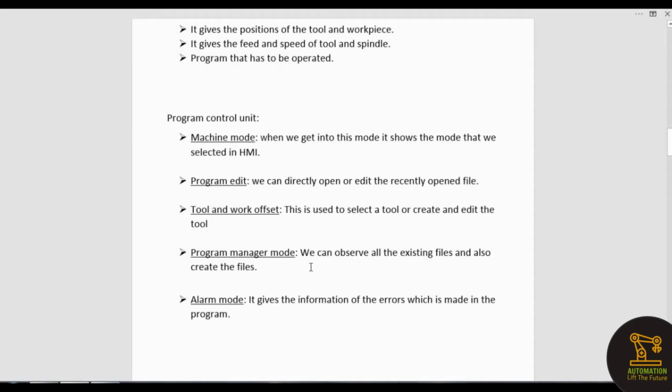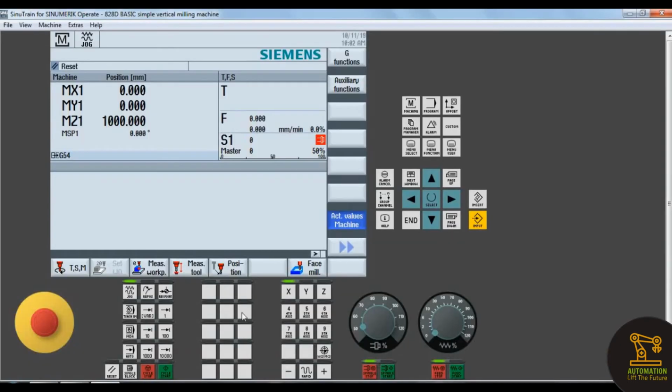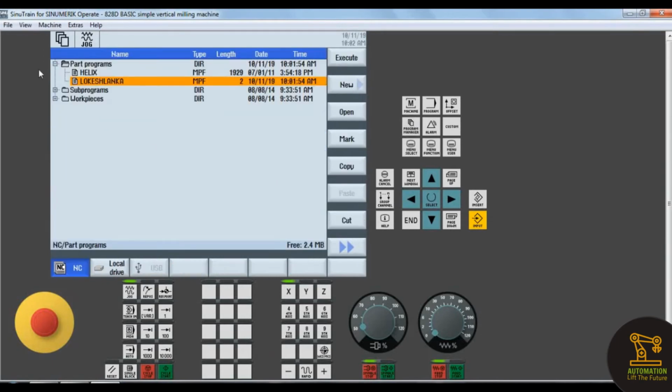Next, program manager mode. We can observe all the existing files and also create the files. We have already created a new file in part programs. Likewise, we can see all the files, subprogram files and workpieces.